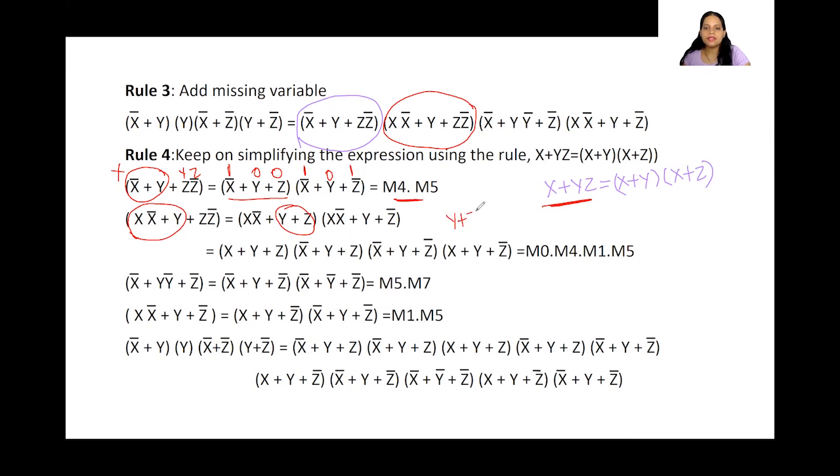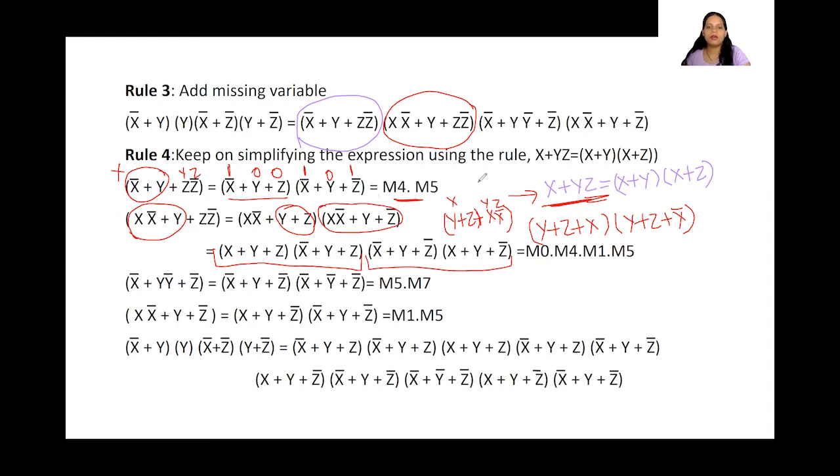So if you want, I will write it here. Suppose I have y plus z plus x bar. Here this becomes x, this becomes my yz. So using this rule, how can I write? I will write y plus z plus x and y plus z plus x bar. Here we have done nothing but written it in a proper, ordered way, where x is first and then y and then z. So that's all the difference here. We have simplified using the same distributive law, so that one term becomes two terms, and similarly this one also has been expanded using the same law.